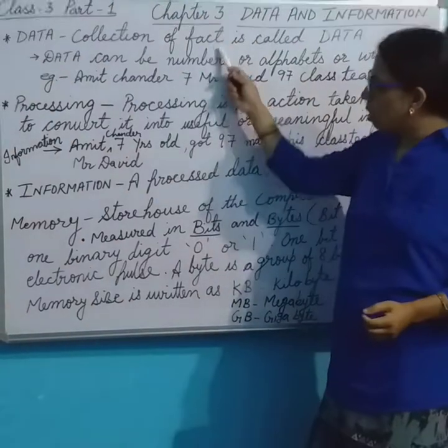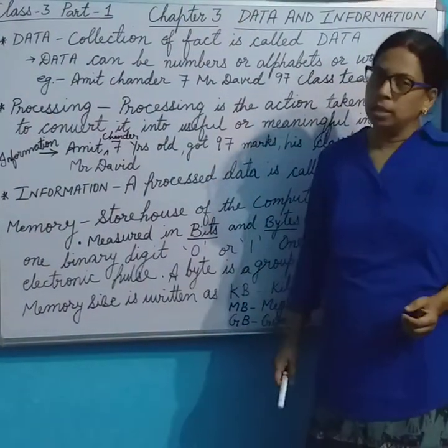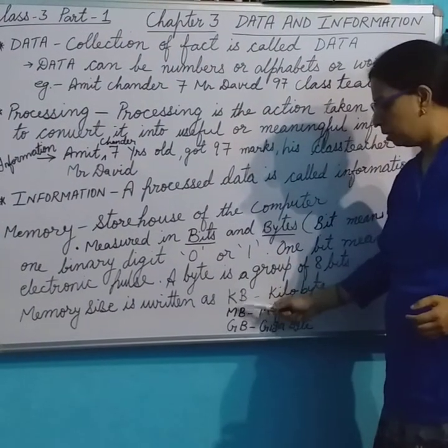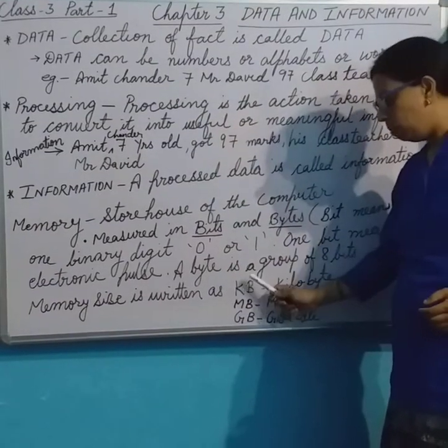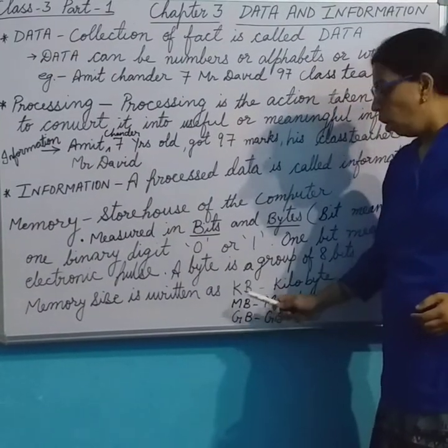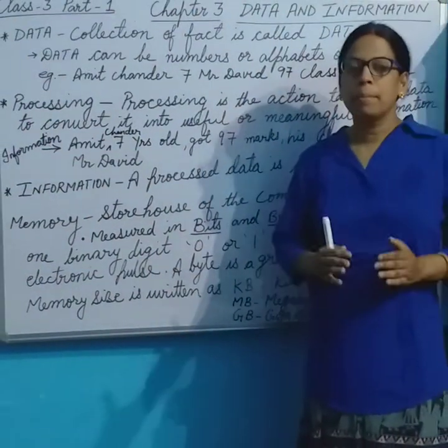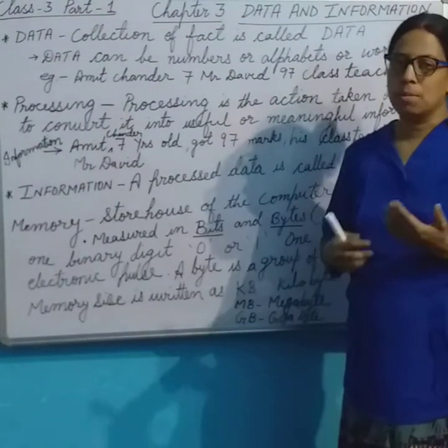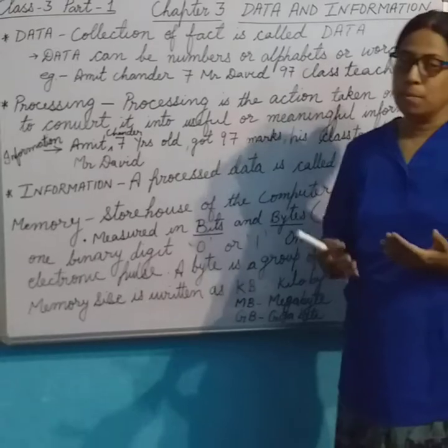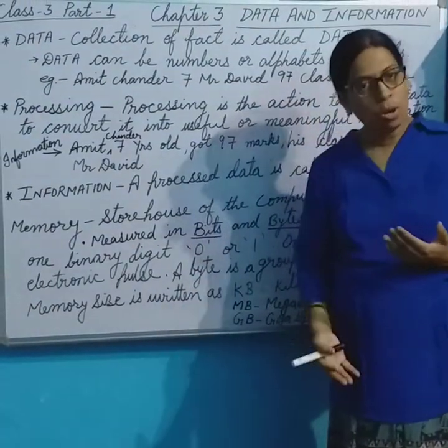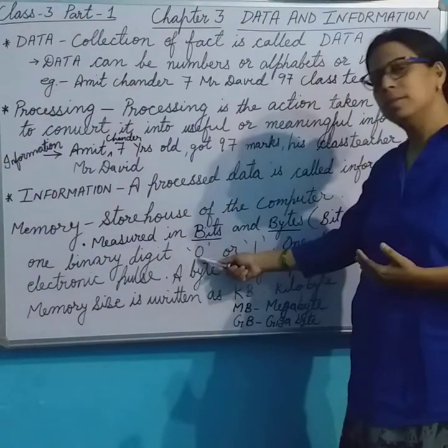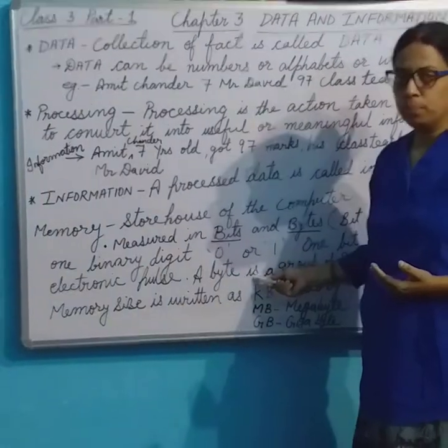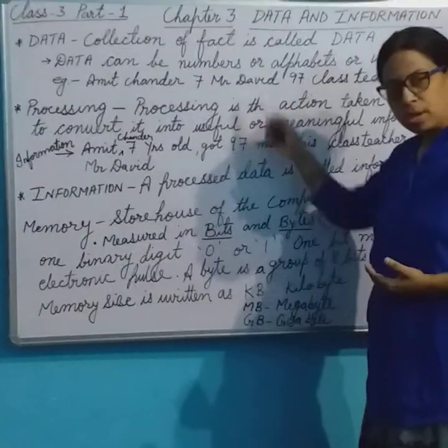So children, first copy this down in your notebook, and then wait for the next video in which I'll explain the relationship between bits, bytes, kilobytes, megabytes and gigabytes. Also, I'll explain the programming language in computers, what language the computer understands. Though we feel that the computer understands English, it is not so. The computer has its own language, and that language consists of only 0 and 1. I will explain this in my next video. Till then, copy it down and try to learn it.